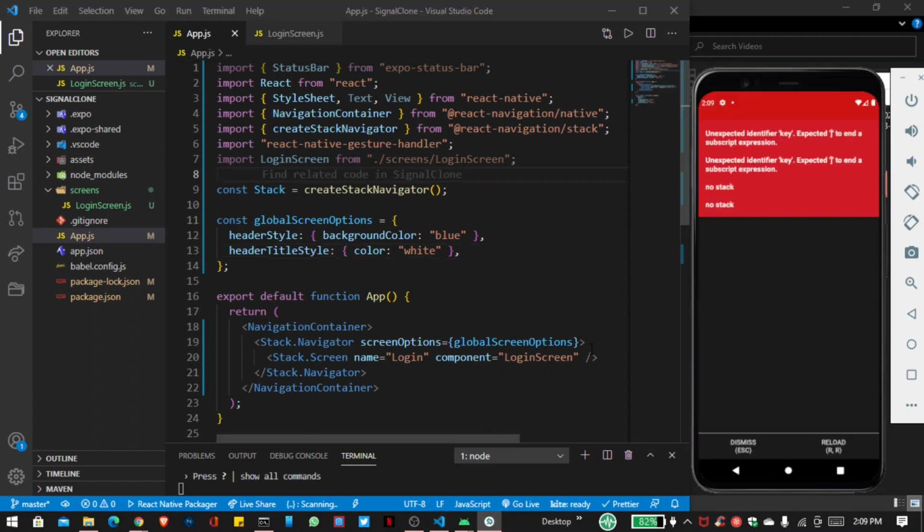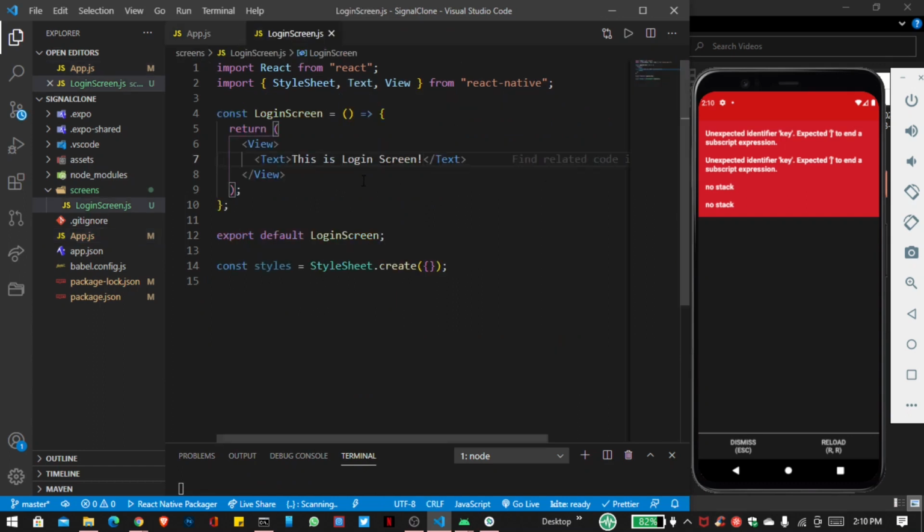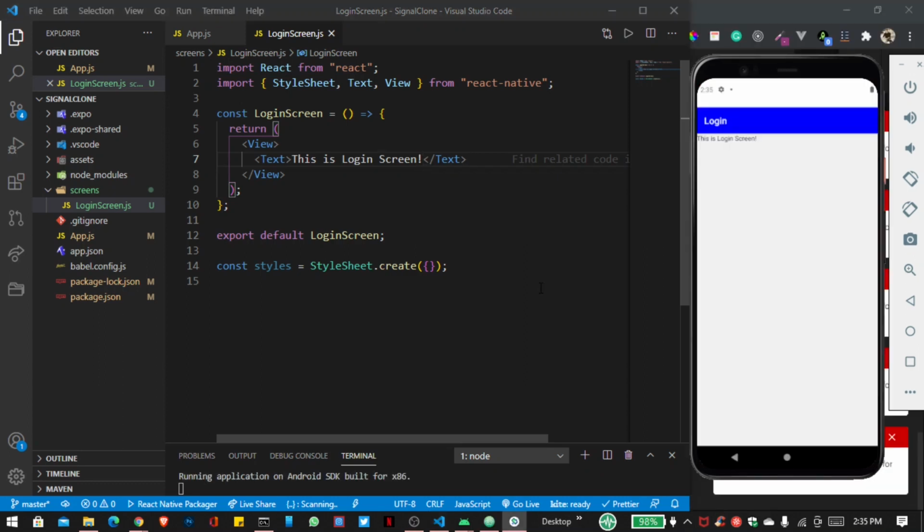There is an error because our login screen must be inside the curly braces, and now definitely our error is gone, and this login screen message will appear successfully. Let's start this. Here you can see our app is started as login screen,